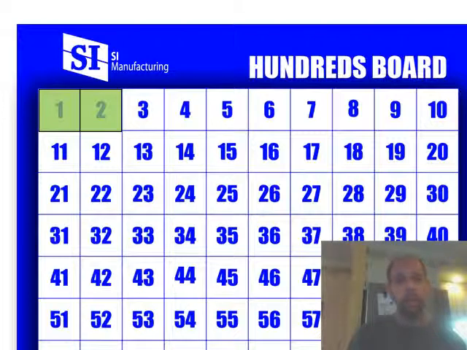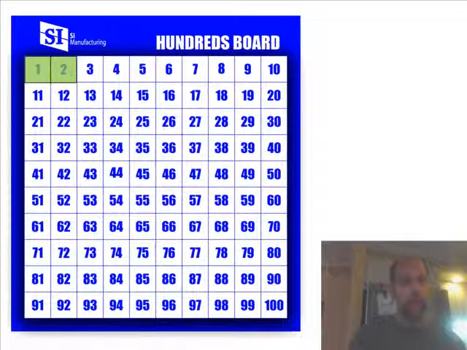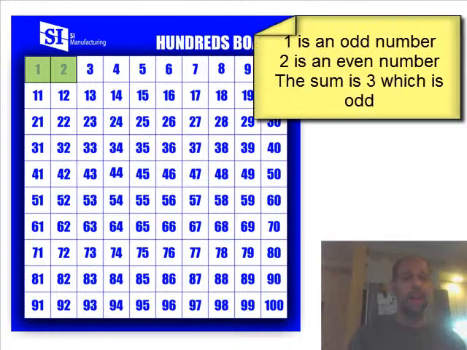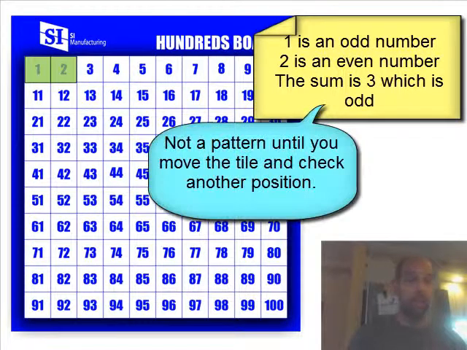It doesn't have to be a teacher-student dialogue. It can be student to student. So give them just a second. Hey, talk to your partner. What do you guys see? All right? Go ahead and jot a few of those down on a piece of paper and see what you come up with. All right? So what do you know? Then they may say things like 1 is odd, 1 is even, they're 1 away from each other, the sum is 3, they're right next to each other,